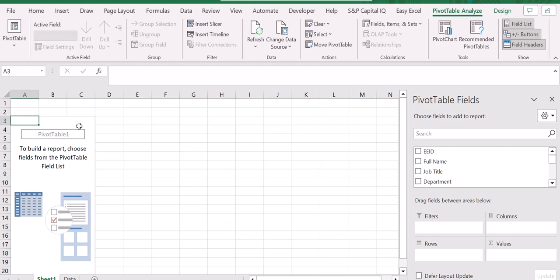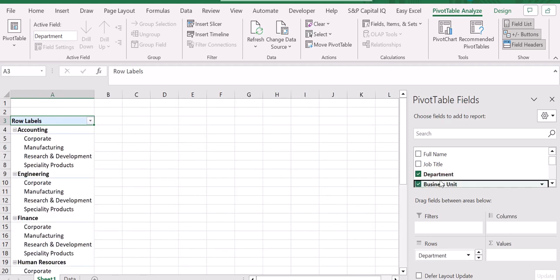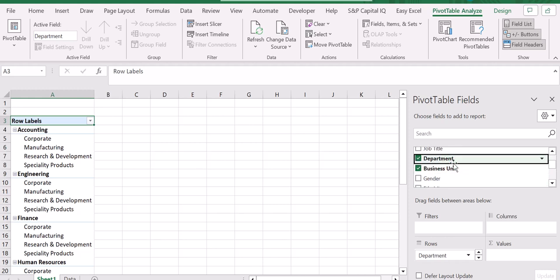So now we can decide which field we want to show in our pivot table. So for example, let's say that we want to see the department and we want to see the business unit, and for each one we want also to see the annual salary. So as you have seen, I've selected the field just by clicking on it and pressing the space bar, and